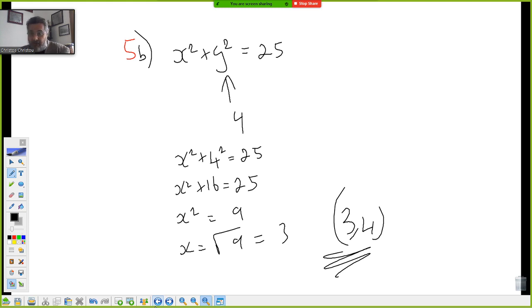It's essentially, if you're looking ahead, Samuel and anyone else, a simultaneous equation. That's all it is. And I know you lot can do simultaneous equations where one is linear and one is quadratic. But in question 9, one is linear and the other is not quadratic. The other one is a circle. But hey, it's still got x's and y's in it, which means you can combine the two equations to make one equation, which then you can solve in the normal way. But that's going to be grade 9. And some of you might want to try that. If you do, great. If you don't, you don't. In the meantime,